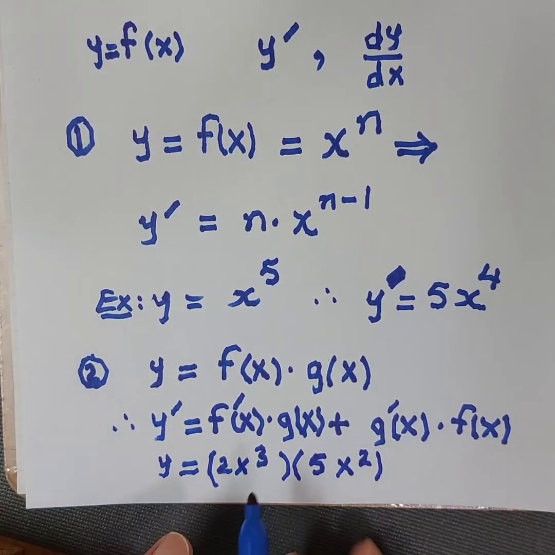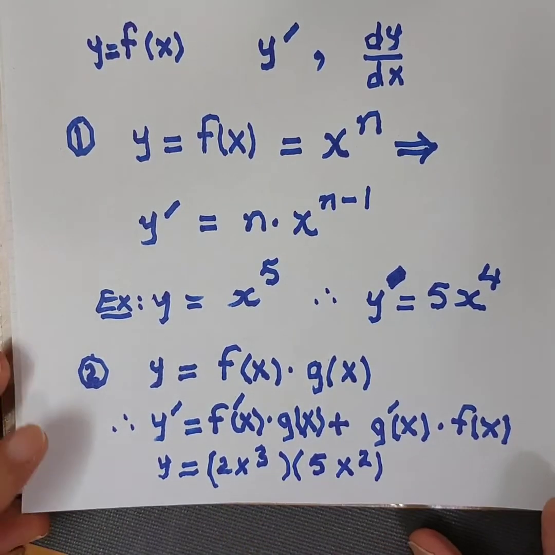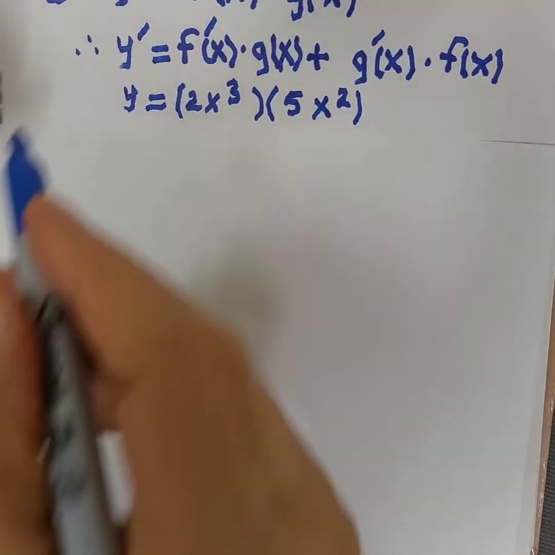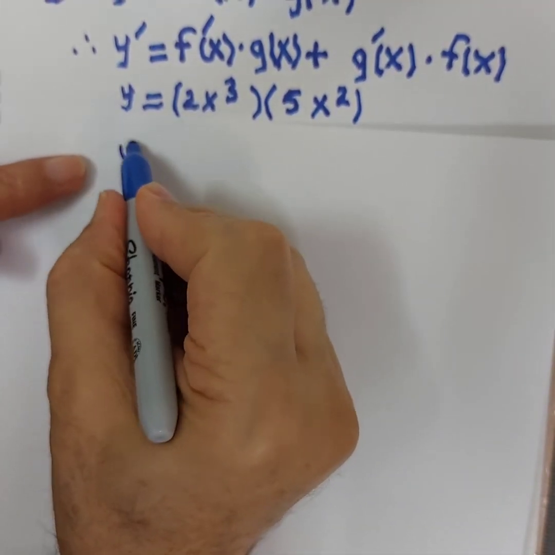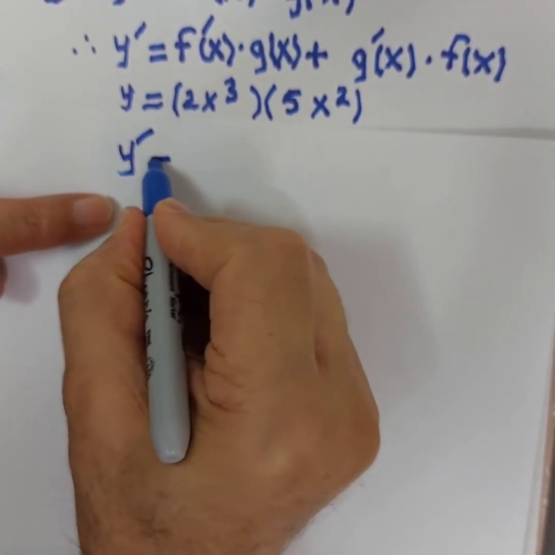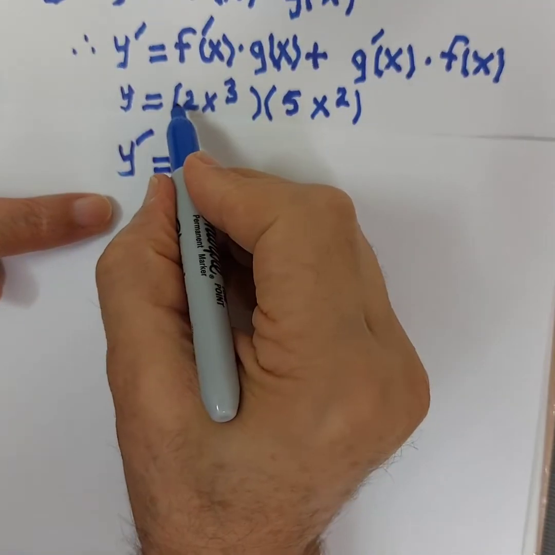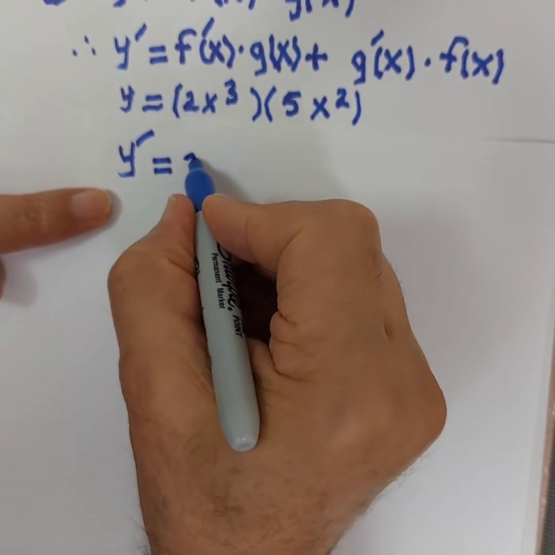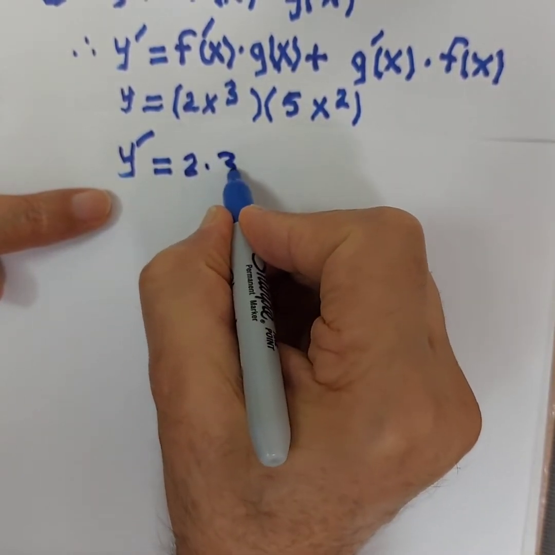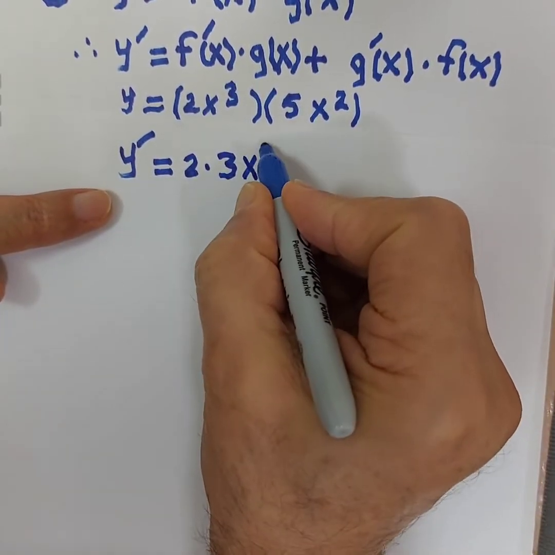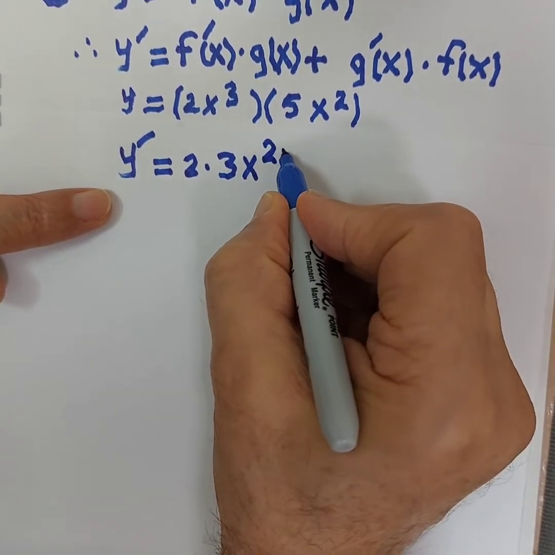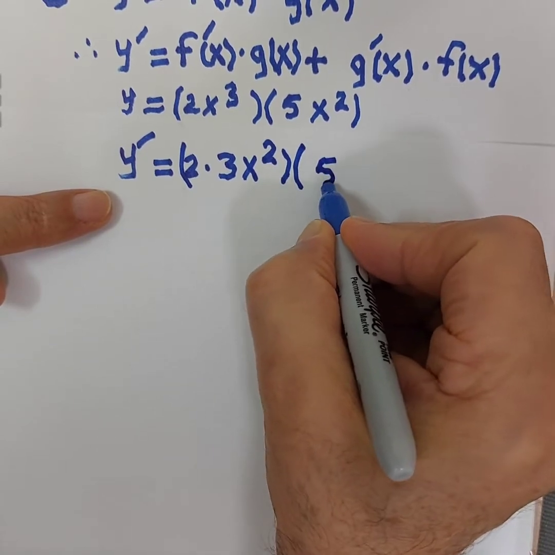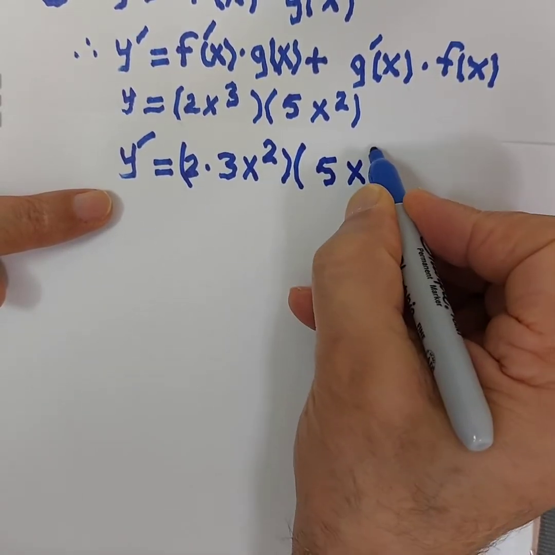So it's easy to write the derivative as y dash is equal to the derivative of the first function, 3x squared. This is the derivative of the first function multiplied by the second function without making the derivative for it,